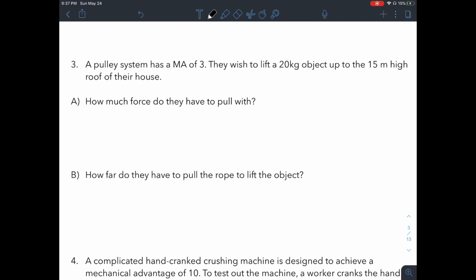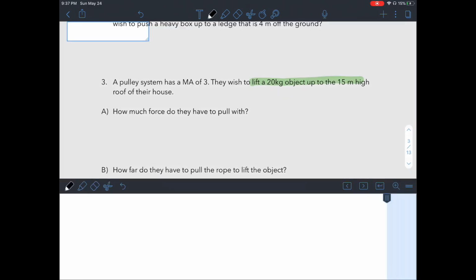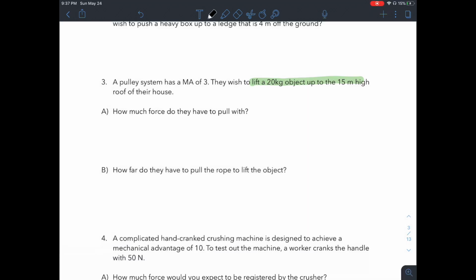We're dealing with a pulley system with a mechanical advantage of 3. We wish to lift a 20 kilogram object up 15 meters to the roof. We want to know how much force we have to pull with. Okay. So how much force? If we were lifting straight up,